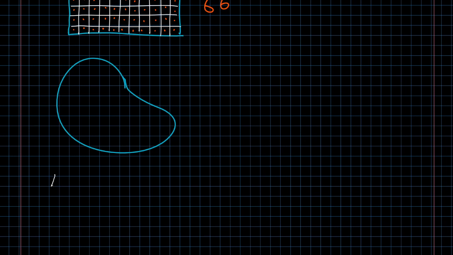The first one is called the lower sum. And for the lower sum, I am going to count only the squares that fall entirely within the region. So this square here is fine. And this square here is perfectly fine. But this square right above, that corner is just outside the region. So even though it is incredibly close and 99% of the square is inside, it's not all there,